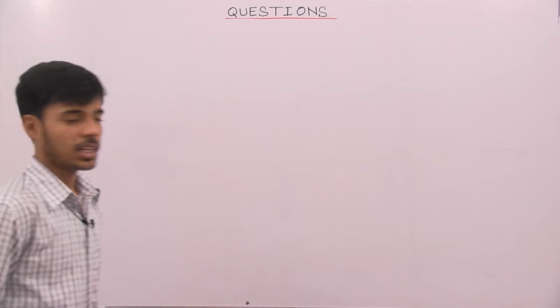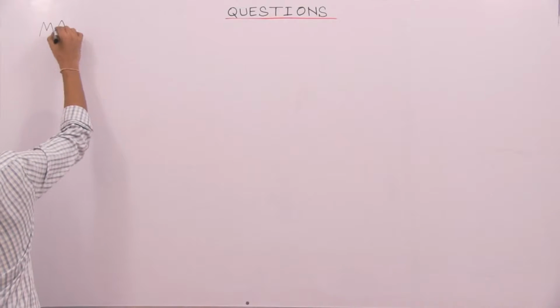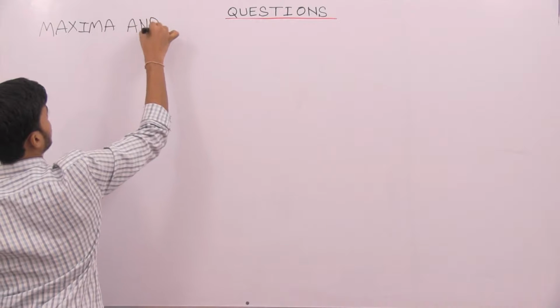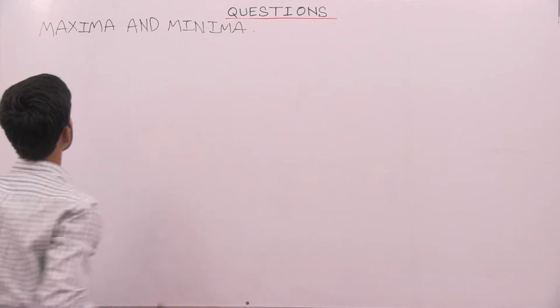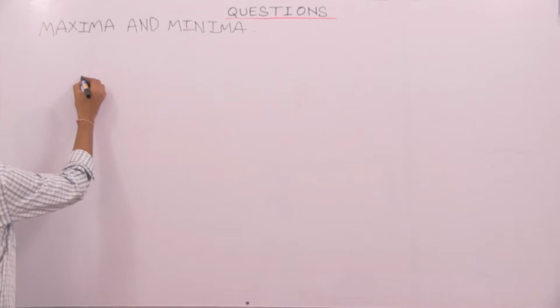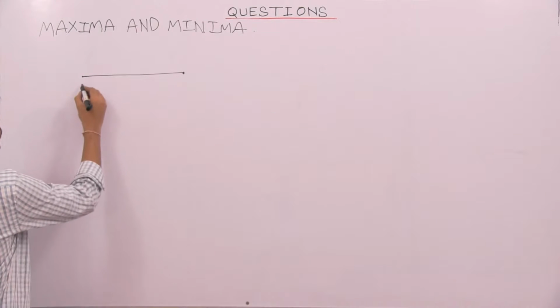Hello guys, let's now go into a new topic, which is maxima and minima. So let's solve a simple question, which is: consider a wire of length 2 units